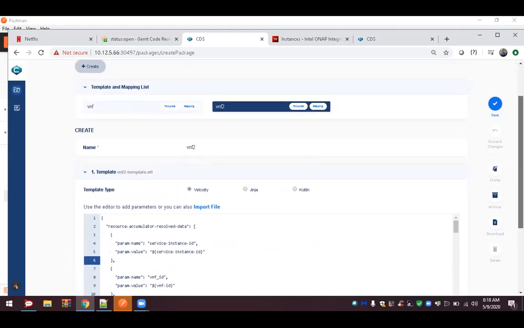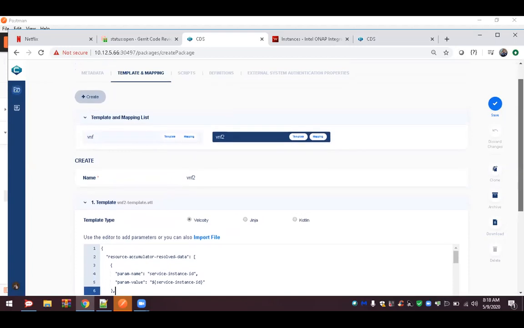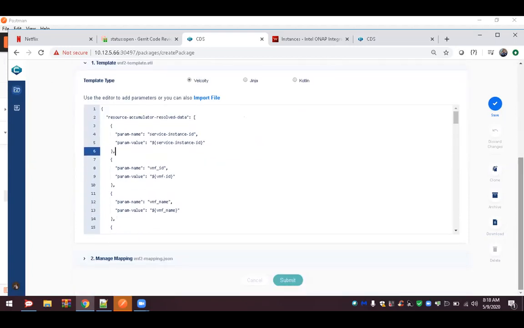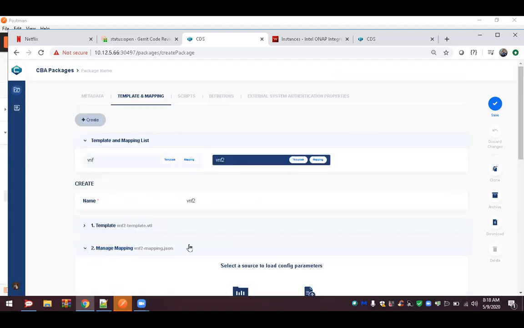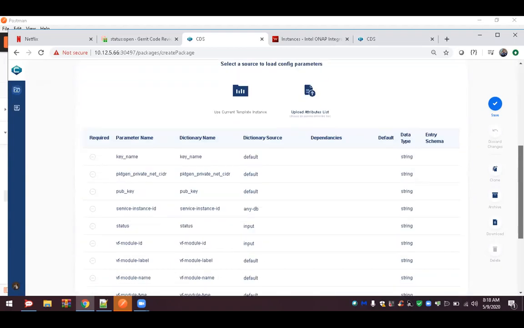So the user just imported new attributes to the template list, and he was already having a mapping table. So he can keep the old mapping table without any updates of the template, right?